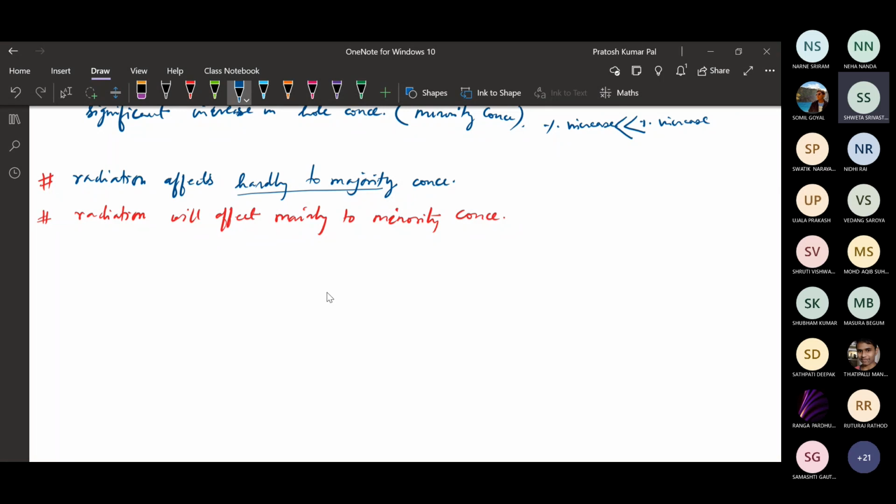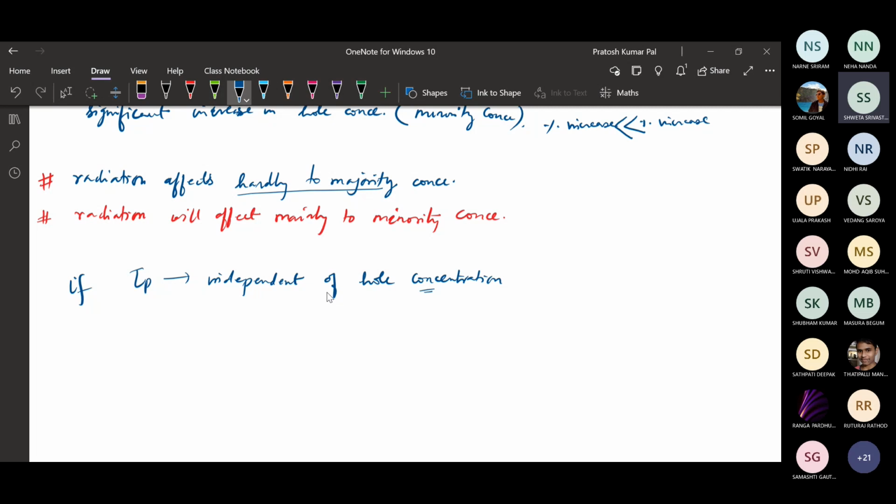If we consider that tau p, the carrier lifetime, is independent of the hole concentration that has been generated, if this assumption is made,